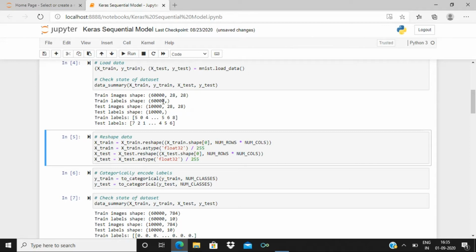So it gives us these things. We can see that the training images shape is 60,000, 28 cross 28, and the labels is 60,000. So it basically means that there are 60,000 entries in the training set, and this is the size of each image, which is 28 cross 28. And then this is for the test images. This means that there are 10,000 entries in the test set, and the shape of these images is 28 cross 28. And these are the training and test labels. So these are the labels of all the images. The first image of the training set is 5, and then the second image in the training set is 0, and the third image in the training set is 4, and so on.